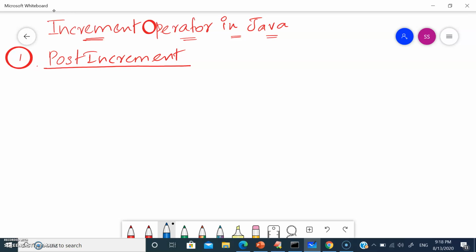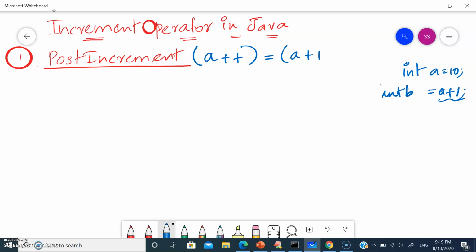In increment itself, we have to understand the value needs to get incremented one by one. For example, consider A is equal to 10. Now I want to increment the A value until I get 1000. For that we would be saying A plus 1, right? So it needs to increment by 1 by 1. In that scenario, instead of writing A plus 1, we will use the increment operator in Java. How I have to write the increment operator is A plus plus. So A plus plus is nothing but A plus 1 only. We are writing it in the format of A plus plus.